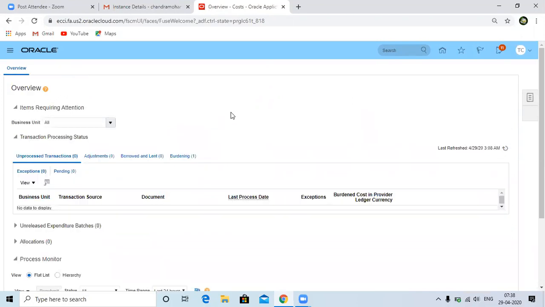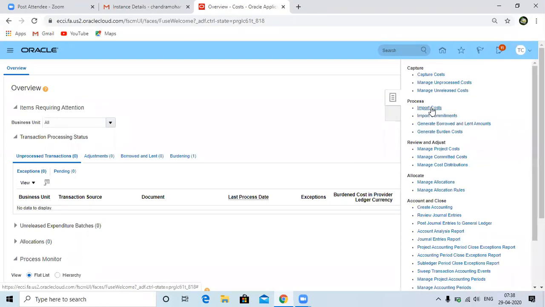Okay, if you are clear with this process, then we will discuss. We have some time and we will discuss the adjustments. I think adjustments we have not yet discussed, right? So for doing adjustments, generally, when will we do the adjustment? We will do the adjustments if the user has made mistakes at the time of creating projects, then we need to adjust those transactions.